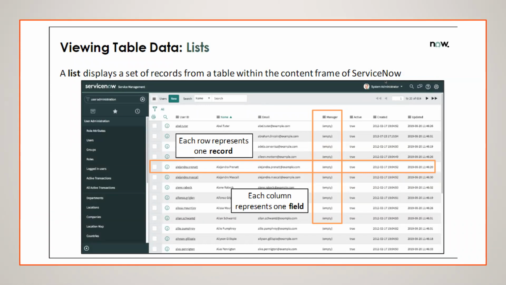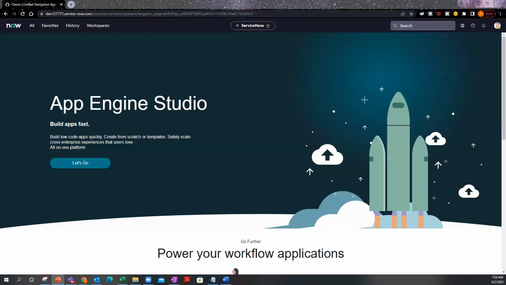The list is nothing but, in ServiceNow, when you open an instance, the complete list gets displayed. This is the list. So we have four or five more slides. Actually, I have to